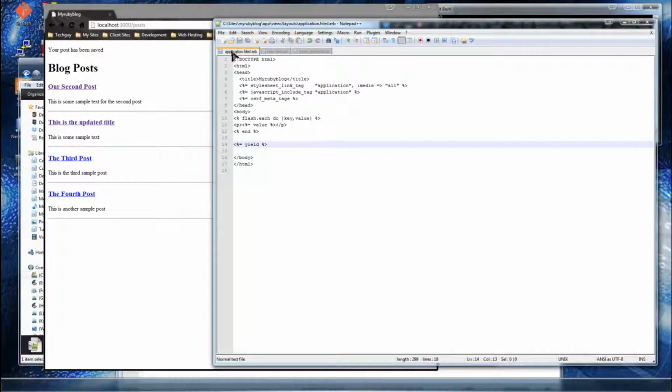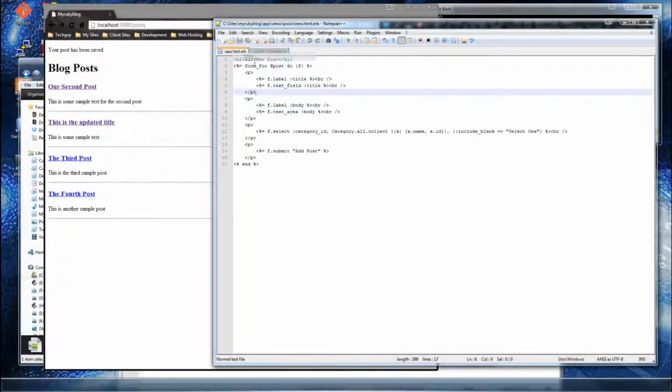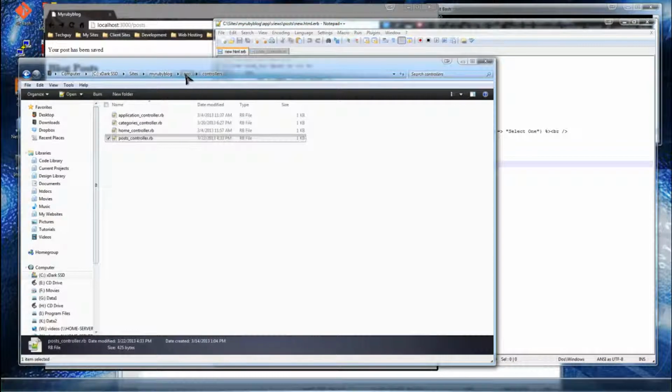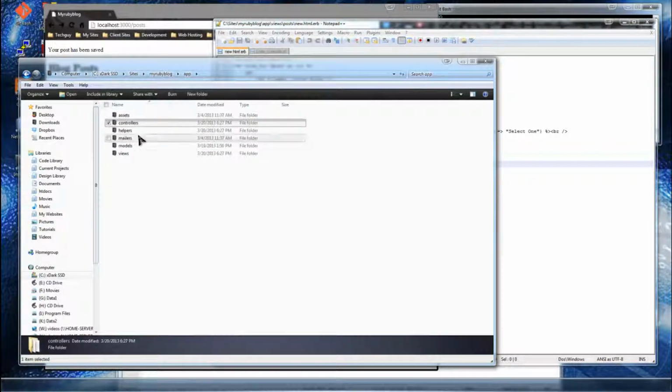So we can close that application layout file. And one more thing I want to show you before we move on to edit and update is you don't want to have to type in post/new all the time. So let's just put a link down here that we can add a new post. So we would do that in the view file, in the index view. If we go to app, views, posts, index,